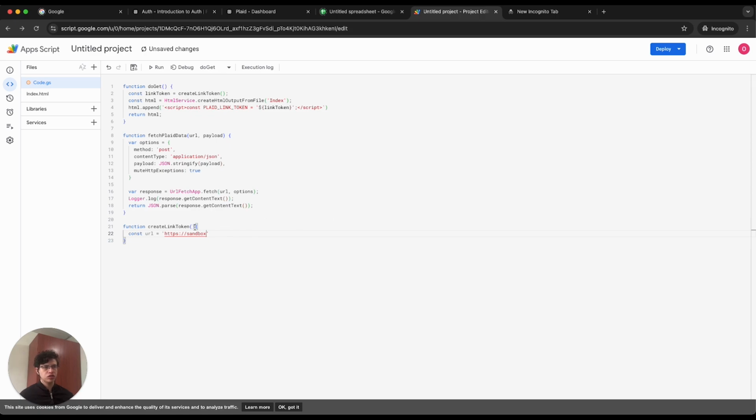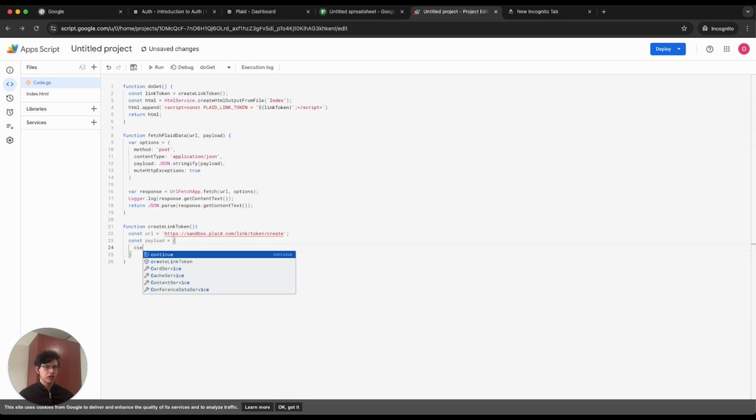You can change this to production when you are in production, but right now, because we're in sandbox, I'm using the sandbox endpoint. Then we need link token create. So this will create the public token, the link token, and then with that we need another constant which will be payload,